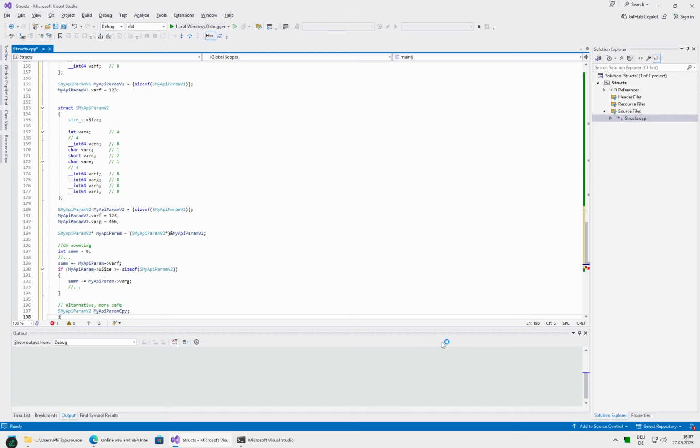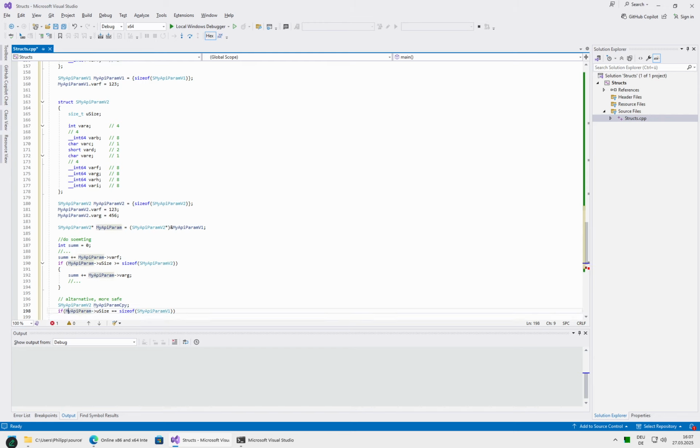Then you check if the variable size equals the size of v1, then